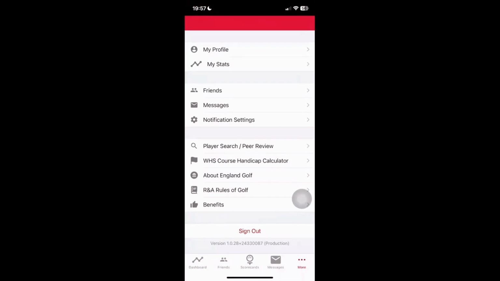Okay, now the other thing then, and it's related to this, is what we would recommend to people, if you're happy using the app: the MyEG app is really good for doing general play cards. So I'll just take you through this. If you look at the bottom, you can see Dashboard, Friends, Scorecards. If I click on scorecard,